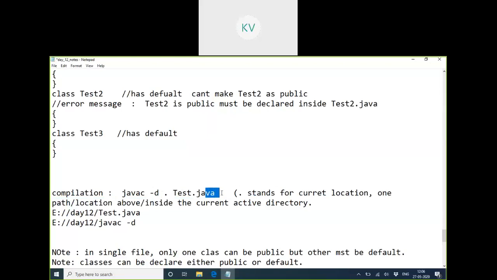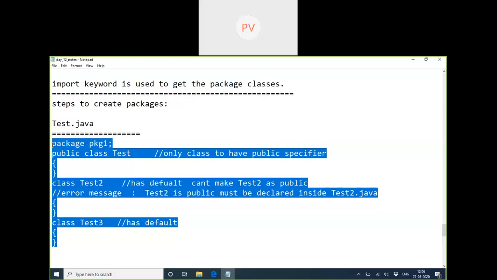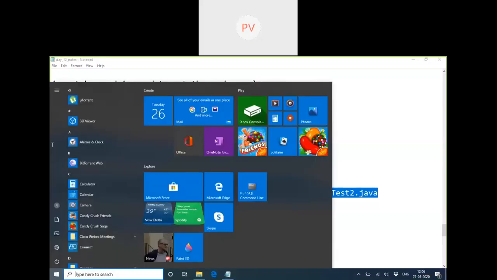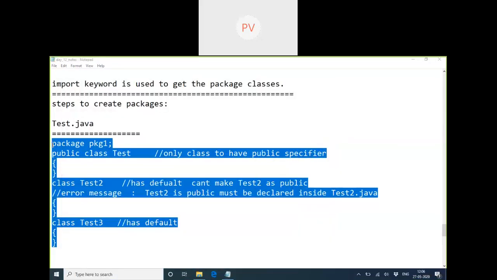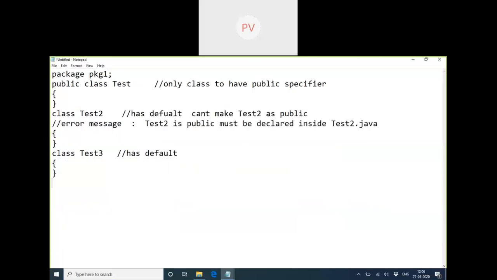I'll just show it practically to you. So I'm copying this. In this file, can you see anything here?